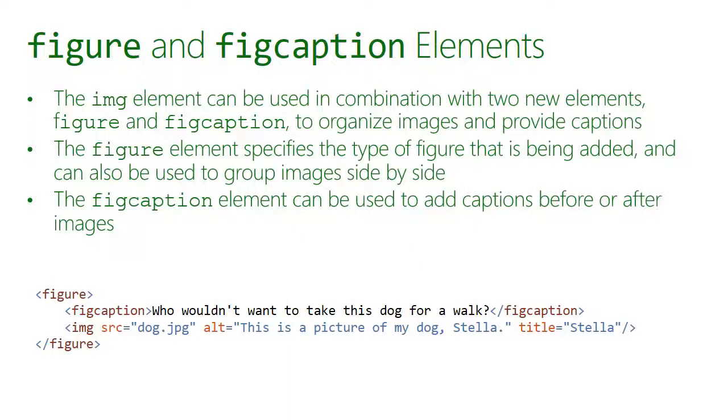Let's have a look at the figure and figcaption elements. So the IMG element can be used in combination with two new elements, figure and figcaption, to organize images and provide captions. So a caption is obviously what would go underneath the figure or the image. So as you would sort of typically find in a textbook, perhaps we'd have images obviously with a little caption underneath,